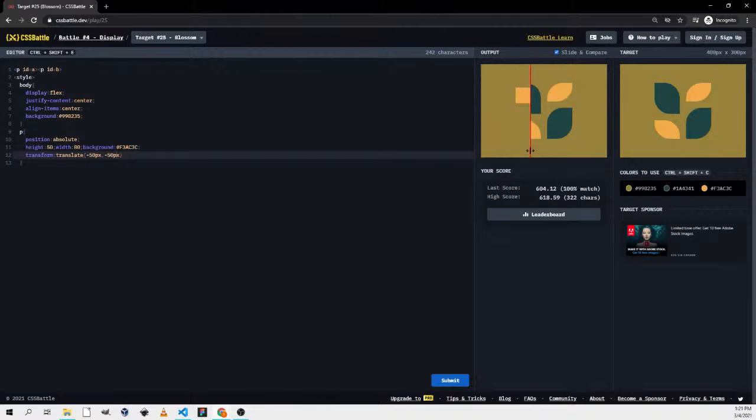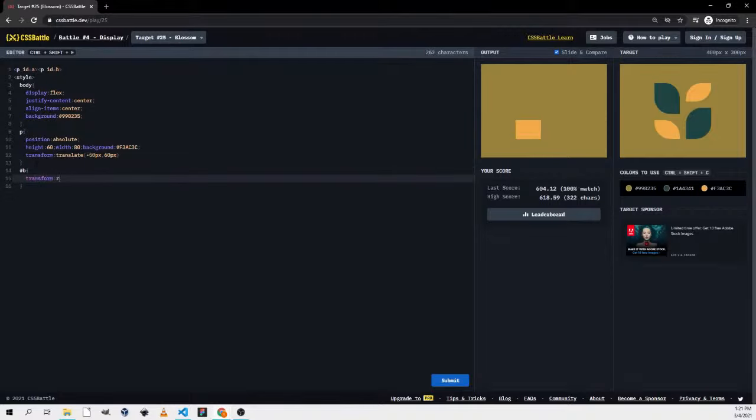Oh no, no. 60 pixels. Yeah, the height is smaller, so let's increase the height to 60. Perfect placement, perfect placement. For ID type B, we want to rotate, so